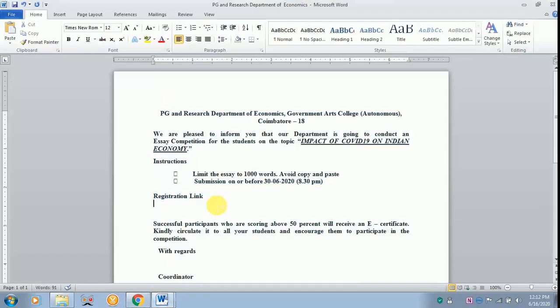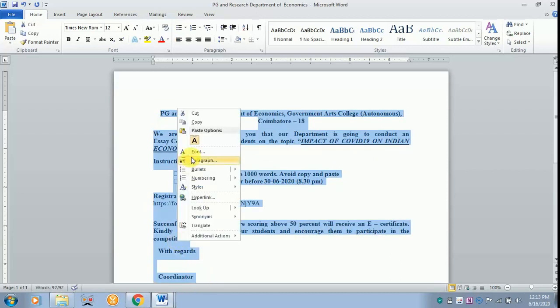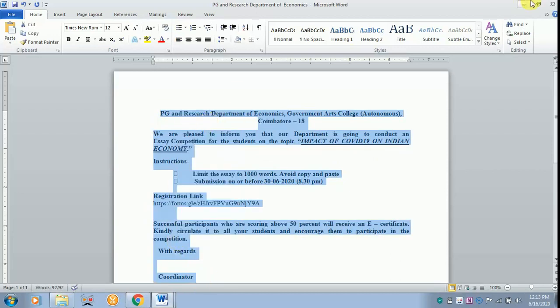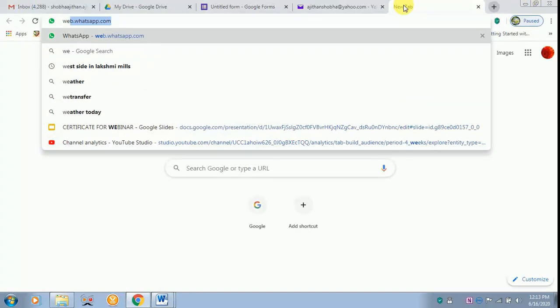That is the PG and Research Department of Economics, Government Arts College. That is, they are pleased to inform that they are going to conduct an essay competition. Paste the link over here. Once the link is pasted, just copy this and go to WhatsApp, and you can send it to your friends so that they can forward it to others too.